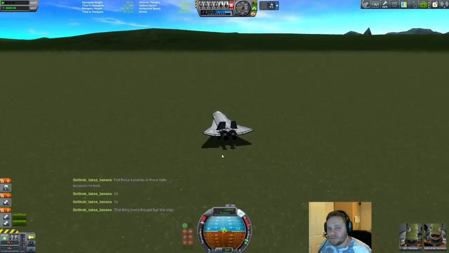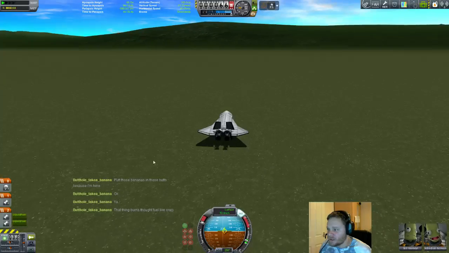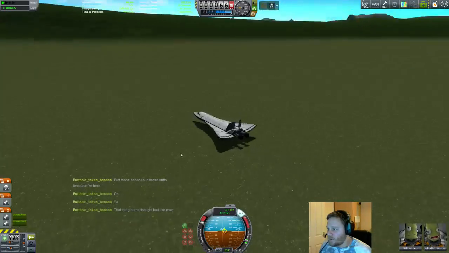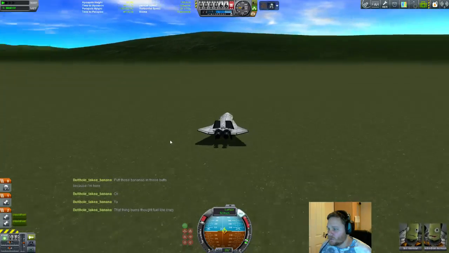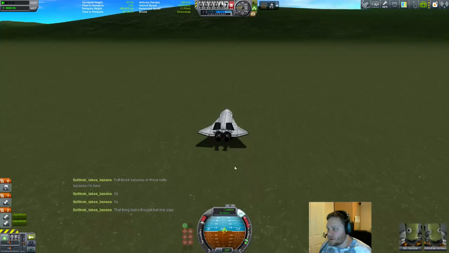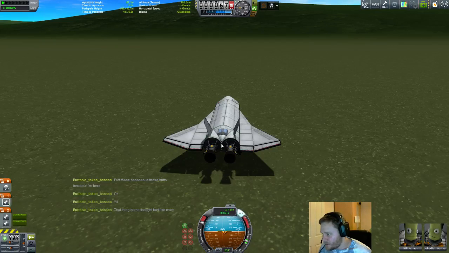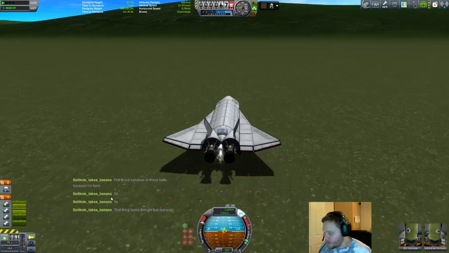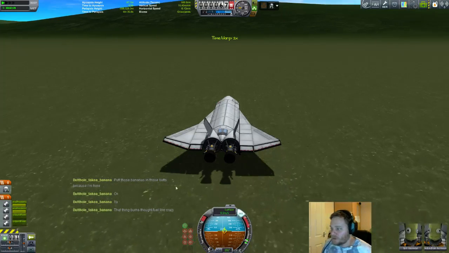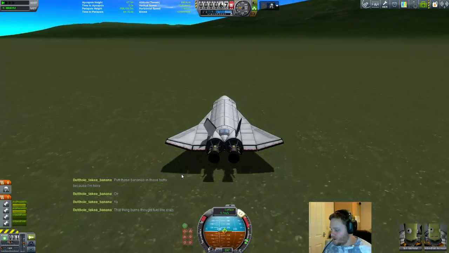It does, but when it descends, through the descent, it shouldn't use these engines at all. These should just be for getting to a decent apoapsis. Not even finishing off the orbit. I'd imagine that these little things, they're my orbital thrusters. I'd hope that they will